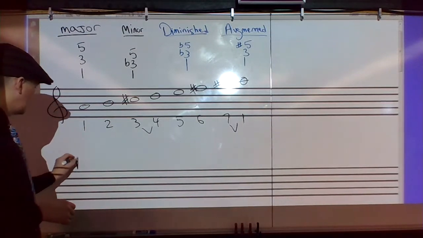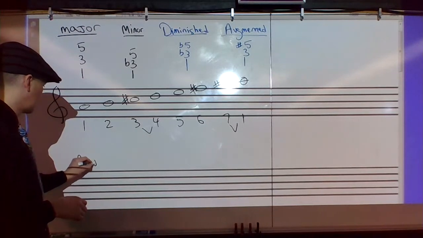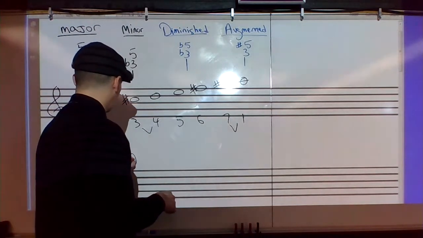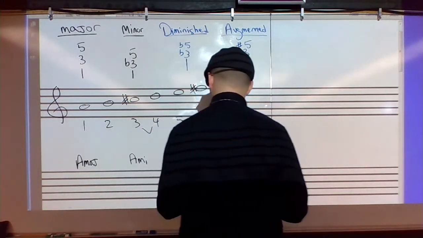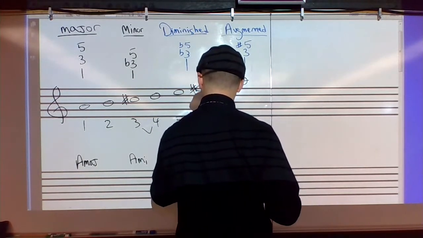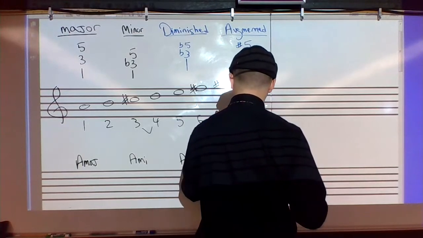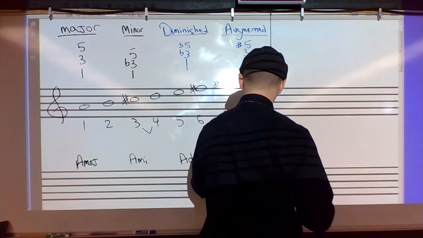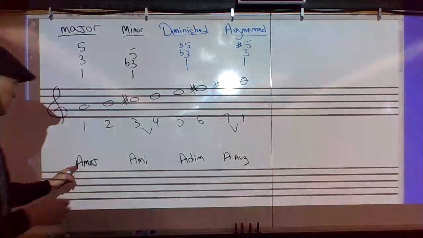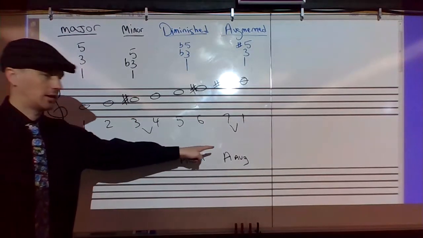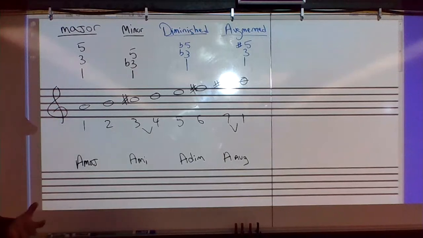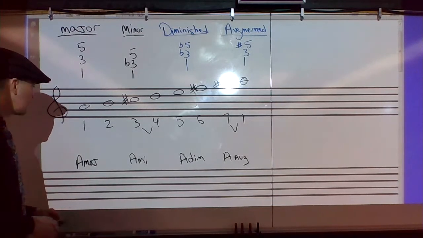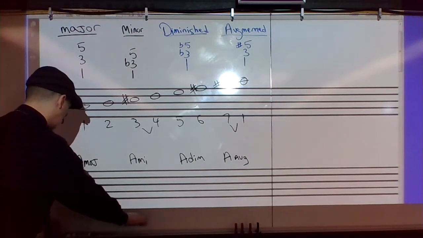Okay, and down here, I'm going to write out my 4 A triadic harmonies: A major, A minor, A diminished, and A augmented. So now I'm going to figure out the spellings for those harmonies. Okay, so